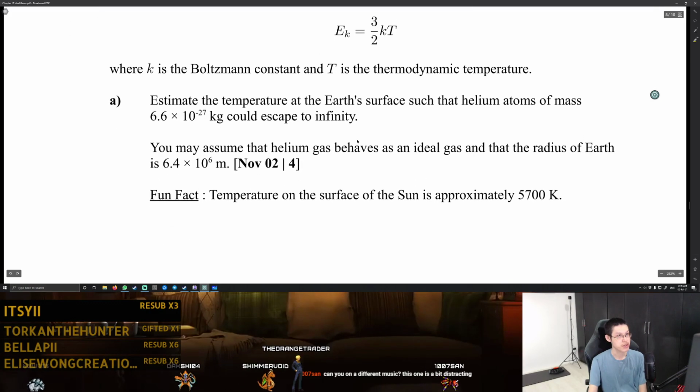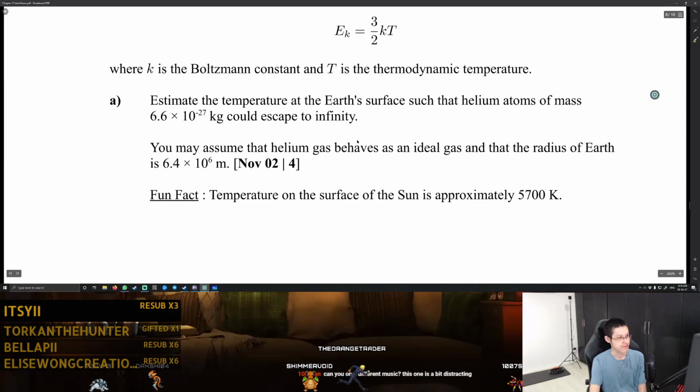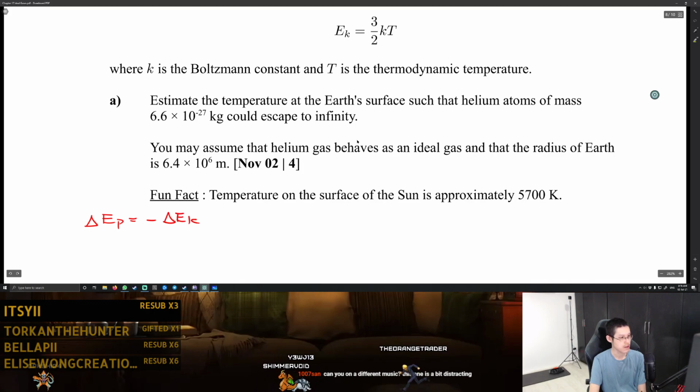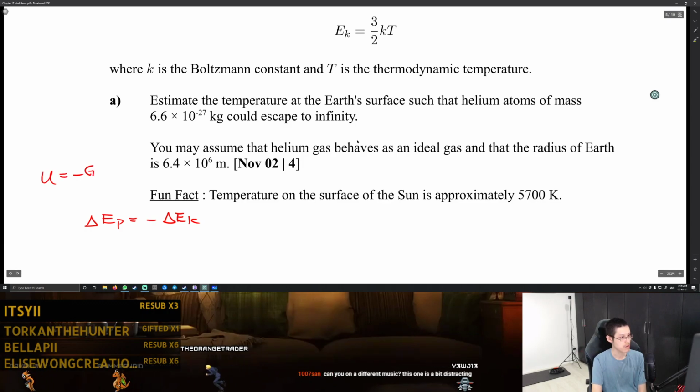So what's the equation for that again? Actually, I don't quite remember. So let's try to derive it from scratch. You have to use change in EP equals negative change in EK. EP is final minus initial. EP is U, which is negative GMm over r. So we have negative GMm over rf, minus minus, so plus GMm over ri,